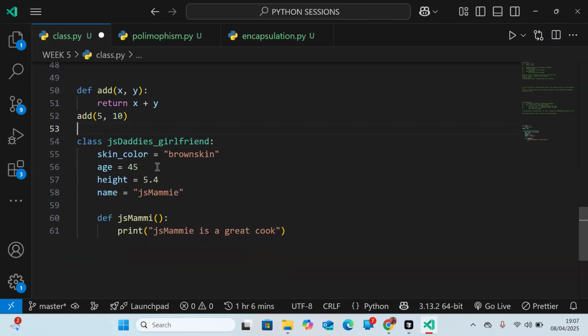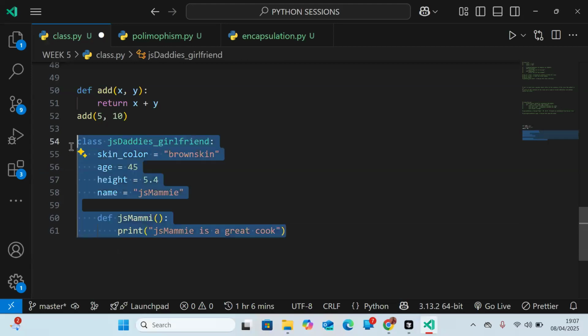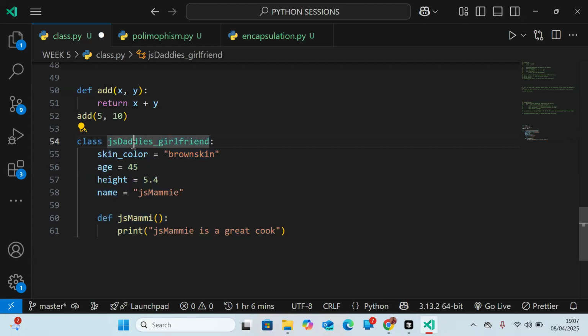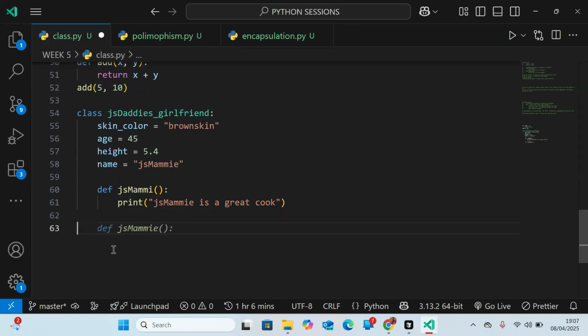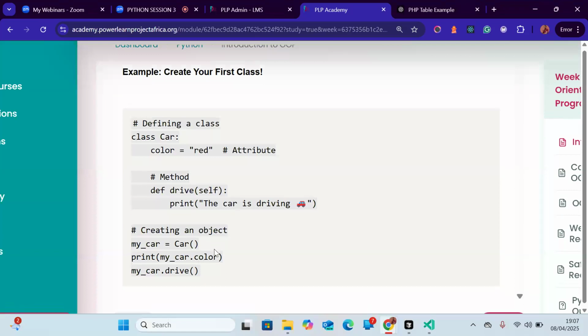So by treating this as a function, we need to call it. For it to work, we need to call this particular function, okay? So how do we call, or how do we execute this particular class that we just defined? It's very simple. Referencing from this example,